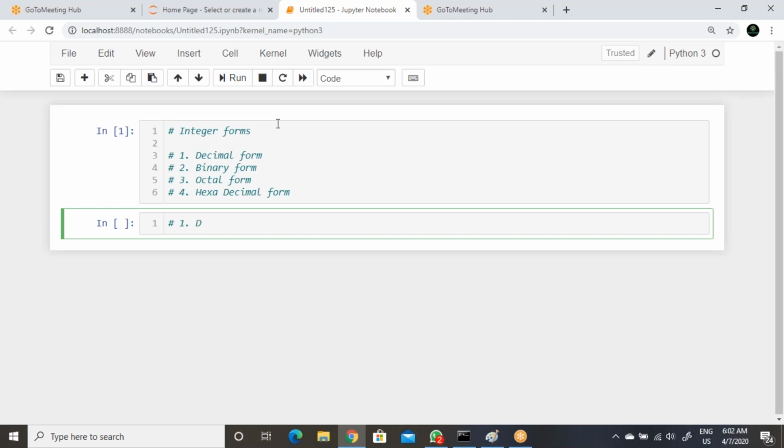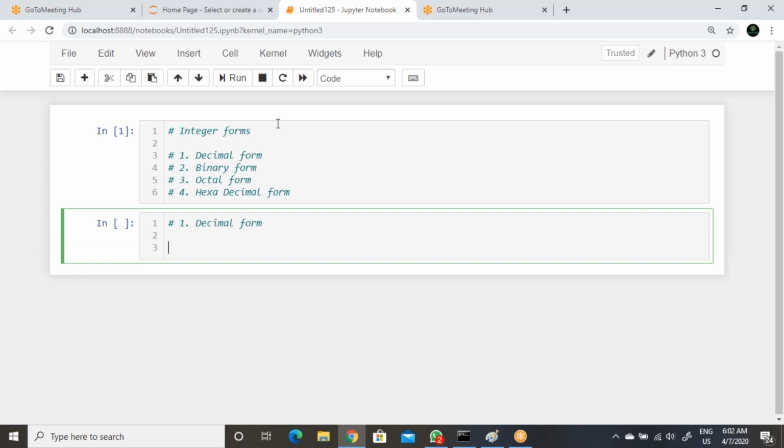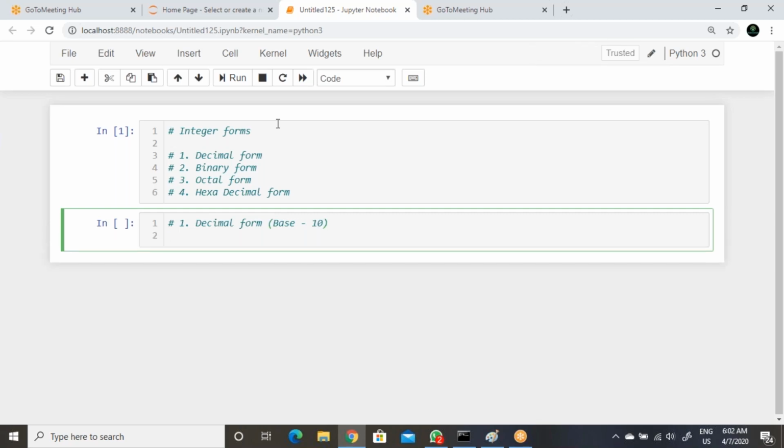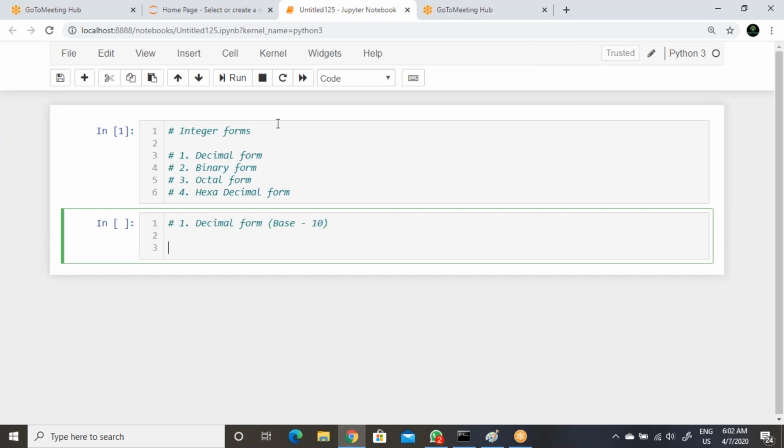Let's discuss the decimal form. See the decimal form, the base value. You should always find out the base value. The base value for decimal form is 10. How can you confirm that the base value will be 10?